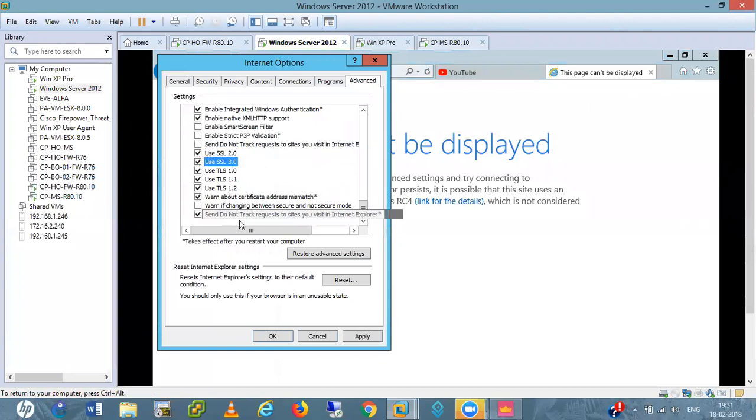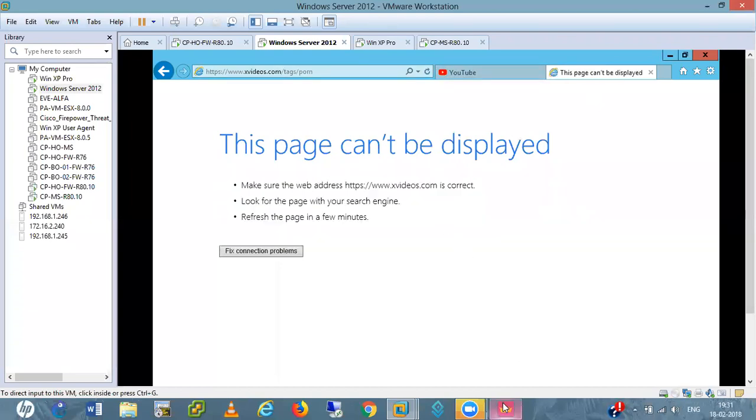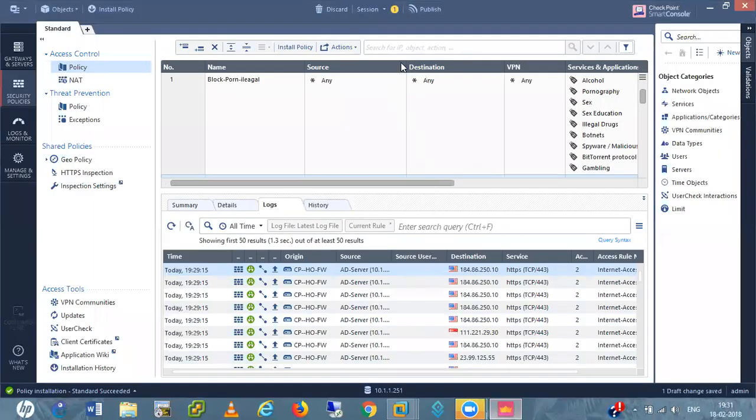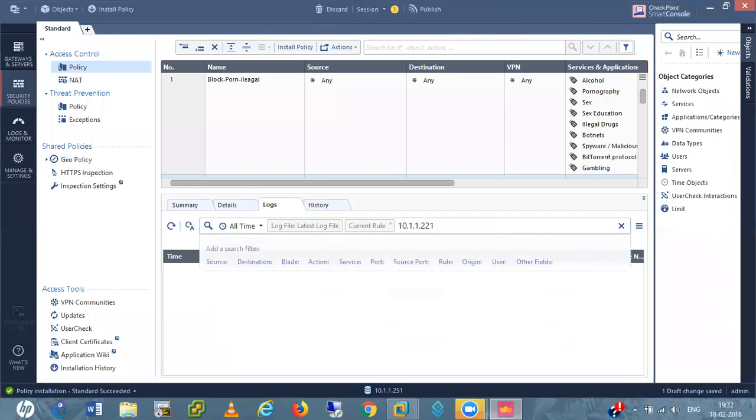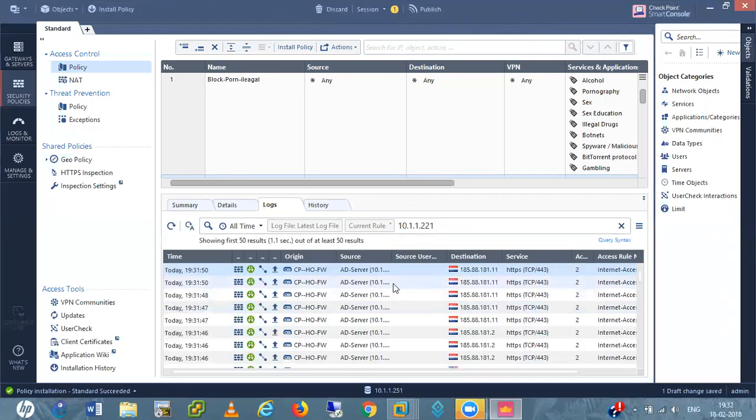TLS is enabled already. Okay, so this website is blocked. If I search for 10.1.1.221, the AD server, it won't show any blocking things. We are not able to see any logs here.